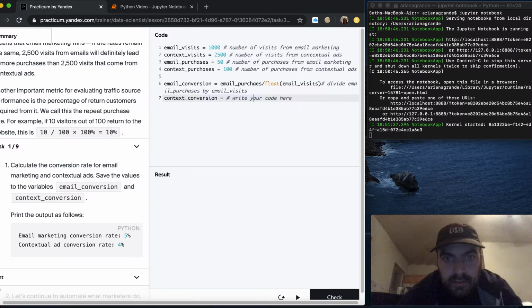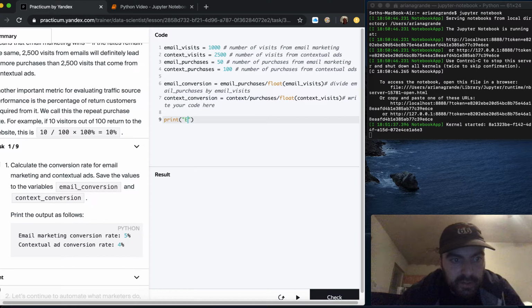Okay, and context conversion is going to be equal to, I also have a typo up here, context purchases divided by float of context visits. Okay, and then they want us to print the output, so we can do print, and we're going to also have the format we've done before. So we can do email